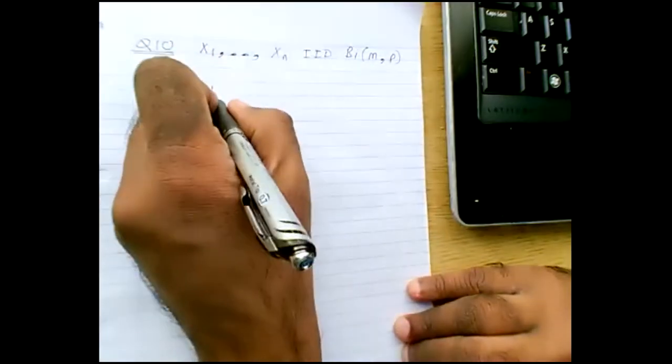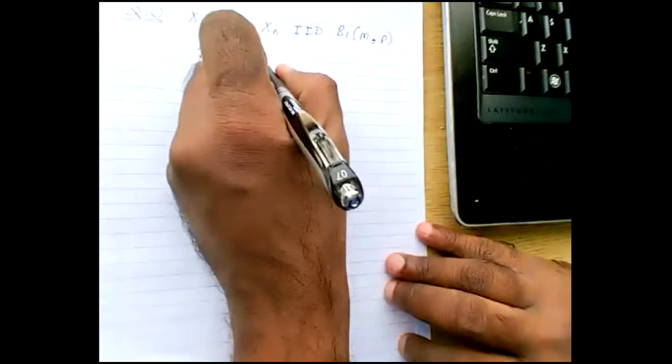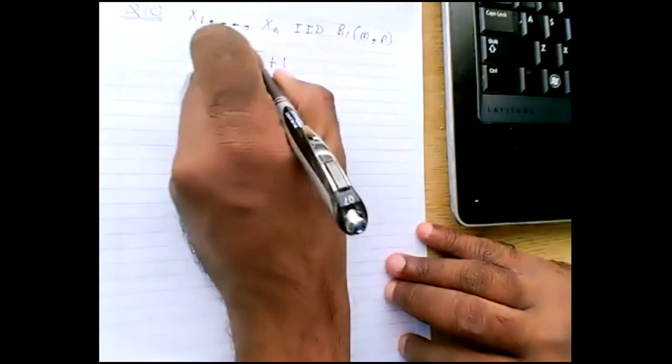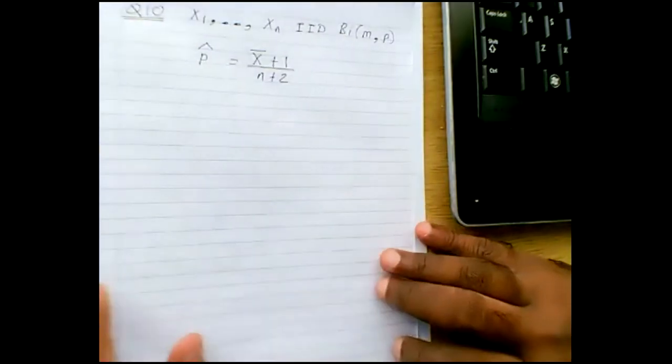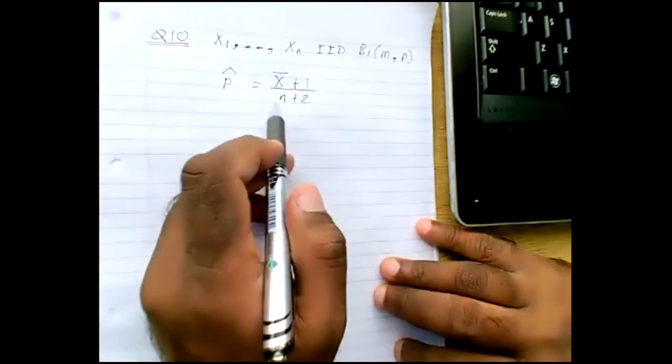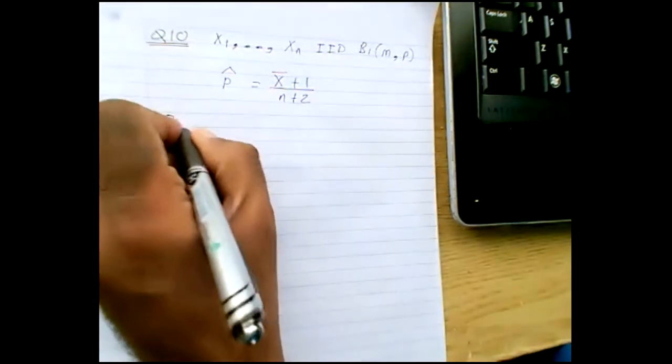And the question is that you are given an estimator p hat, which is equal to (x bar plus 1) divided by (n plus 2). And the question is to find the bias and the variance of this estimator as an estimator of p. So the first thing I'm going to do is find the bias